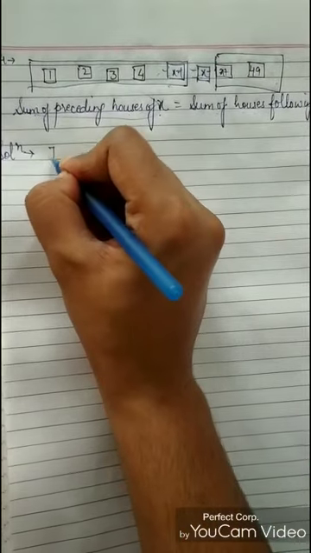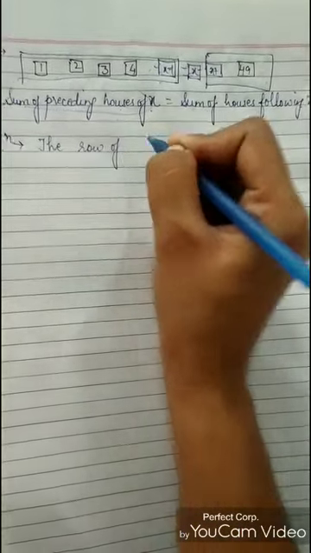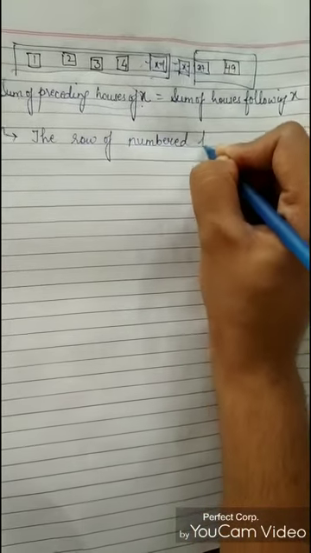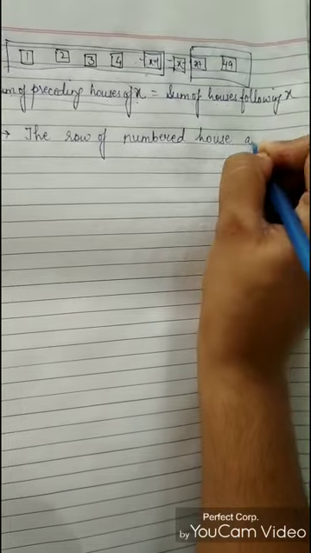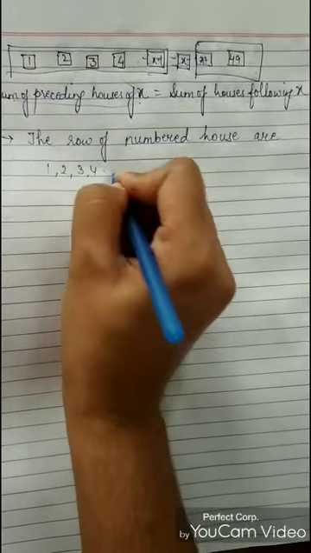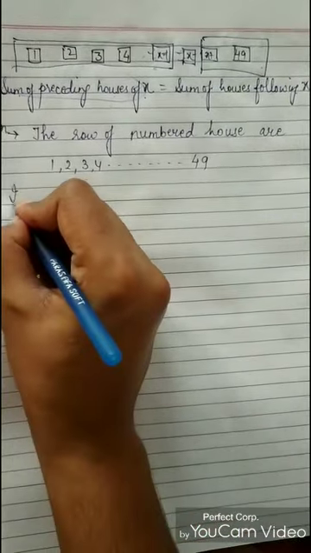The row of numbered houses are, write the 1, 2, 3, 4 and up to 49, right? So it can be observed that